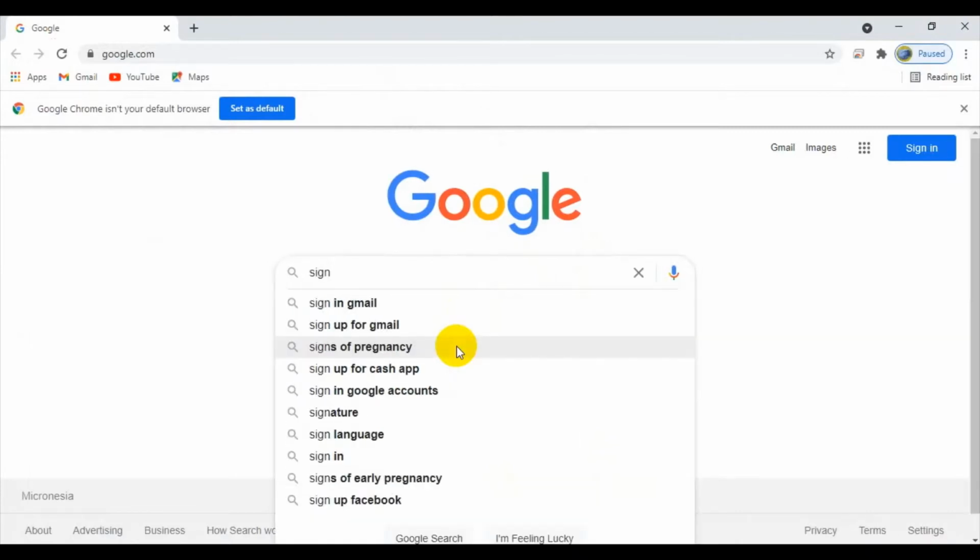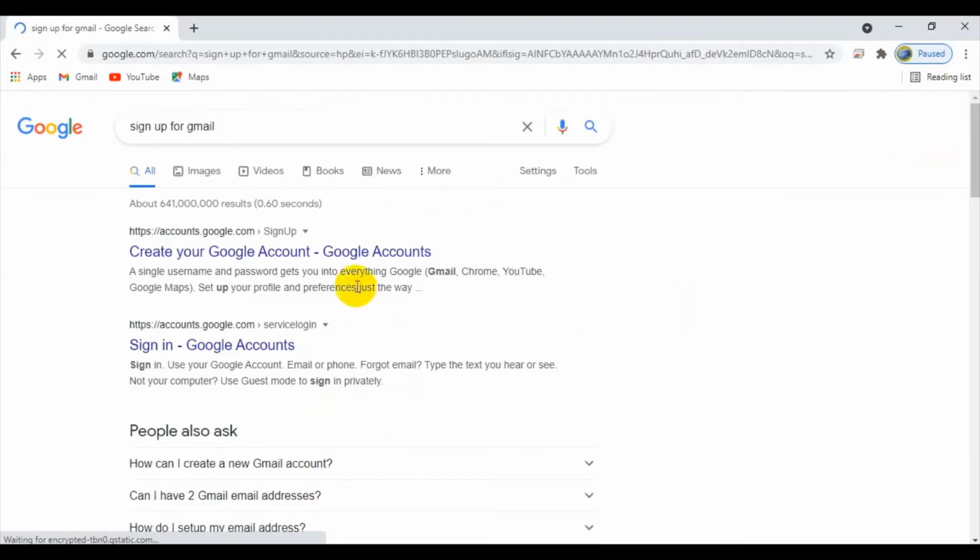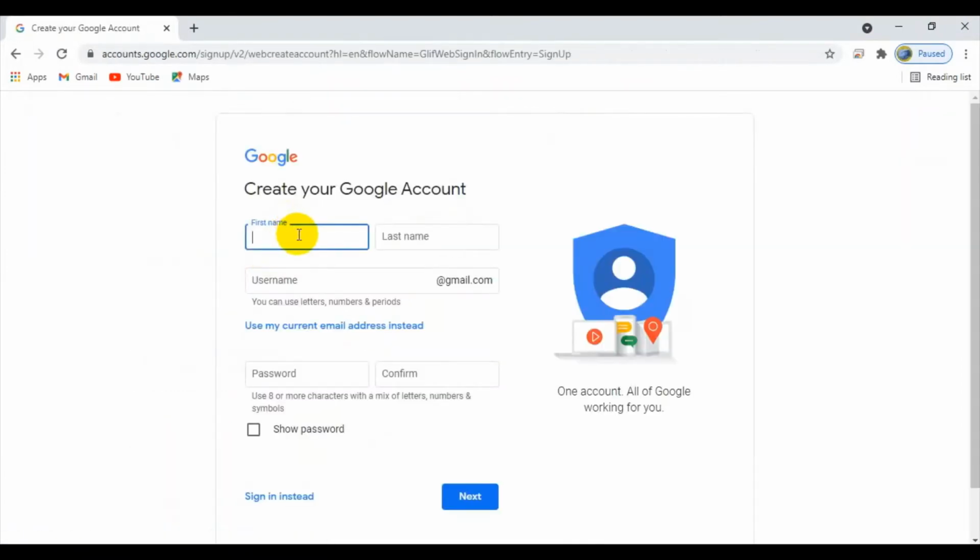Guys, so I'll teach you how to create a Gmail account. So sign up to Google, and then of course here start typing your first name. So this is only an example. Okay, then your last name,